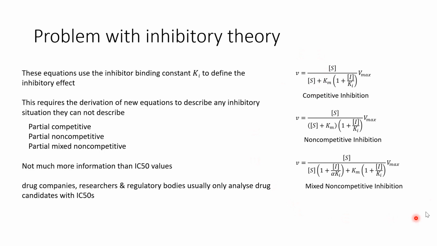But these equations describe very limited forms of inhibition, and if you recall from the previous slide, they describe very strict situations. So the competitive, the inhibitor binds to the active site of the enzyme. The non-competitive, it affects the Vmax, but it can bind anywhere. But these are known as complete inhibition equations in that they produce an on-off effect. So